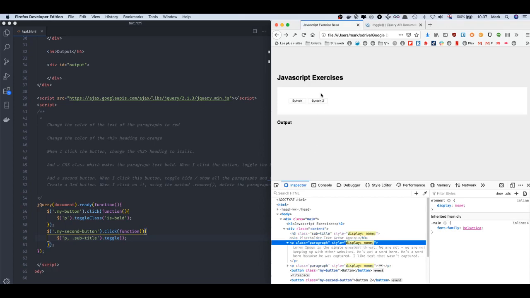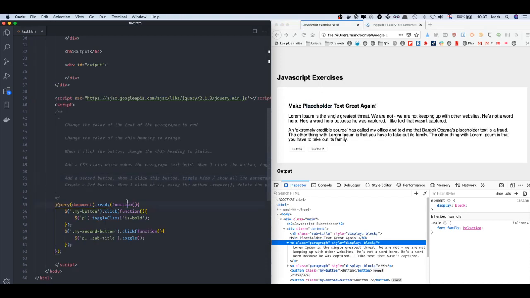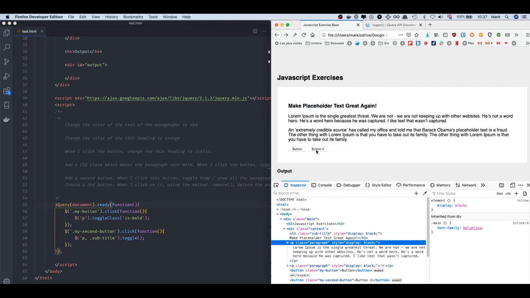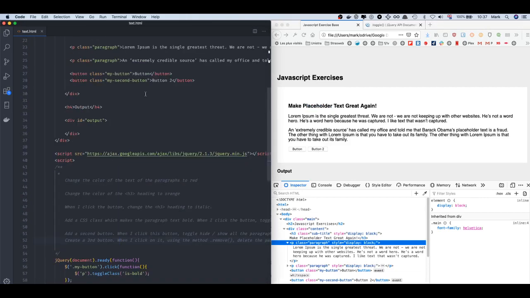So now when I click the button, everything disappears and reappears. And obviously everything moves up, right? The buttons move up because I'm toggling, it's totally making the stuff disappear from the DOM. And then the final thing